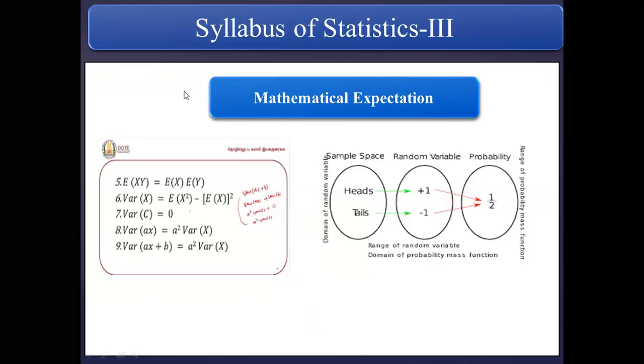mathematical expectation. Now here you can see that I have given two examples or two diagrams to understand the concept of mathematical expectation easily. On the left diagram you can see that expected of xy is nothing but expected of x into expected of y. This concept we'll see later on during the chapter, but just try to understand that when you use mathematical expectation, then before x you have to write E. E indicates the expected value of a variable.